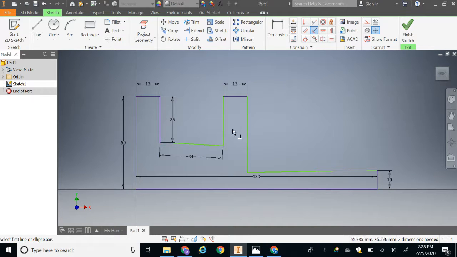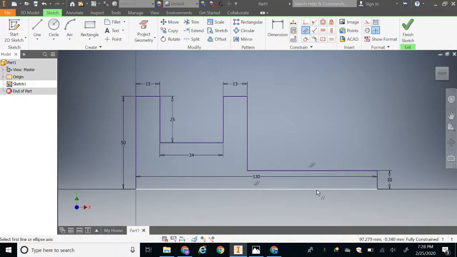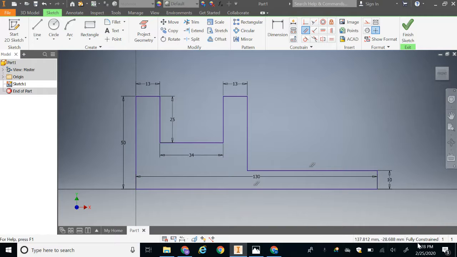Similarly, I can use the perpendicular constraint. Make this line perpendicular with this line, which we now know is vertical, to make that line horizontal. All right. I can also, using the same tool, make this line parallel to that line, and my sketch is fully constrained. All right, so I'm going to undo all that,